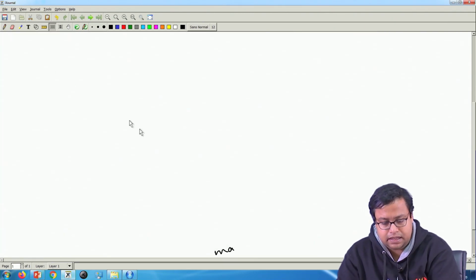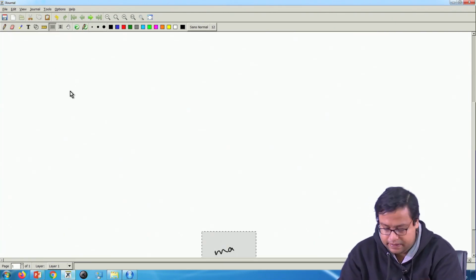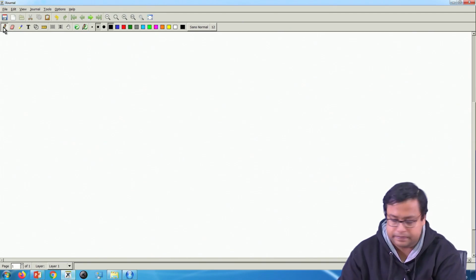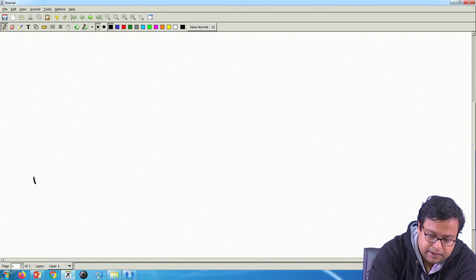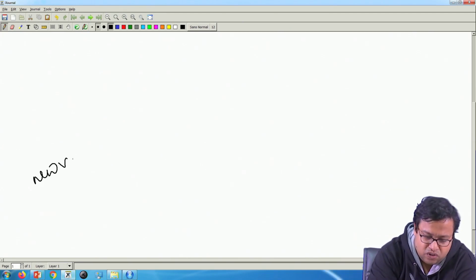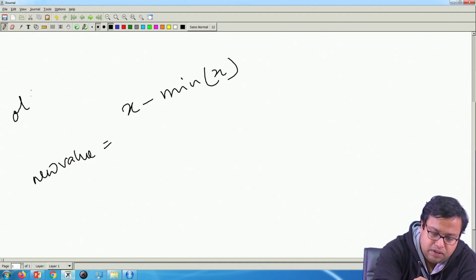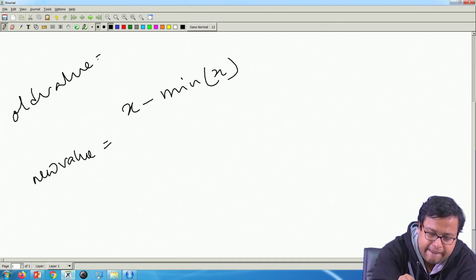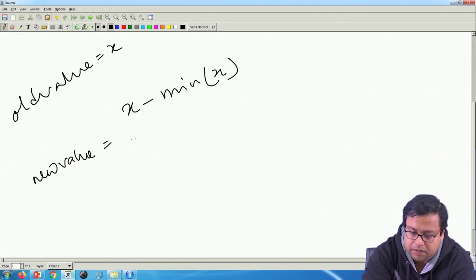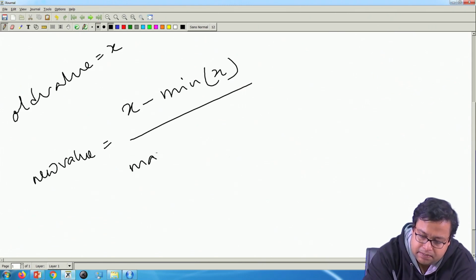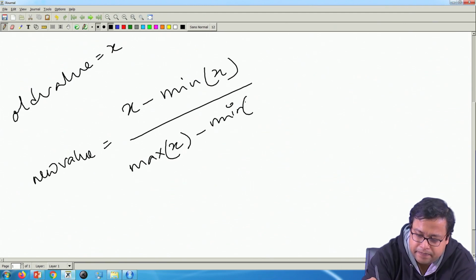So, I am saying that the new value, where the old value is x, is x minus minimum of x, divided by maximum of x minus minimum of x.